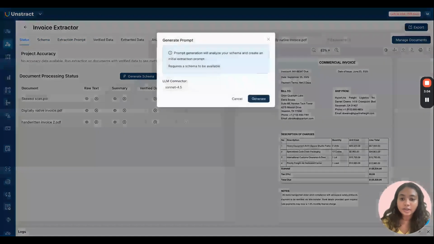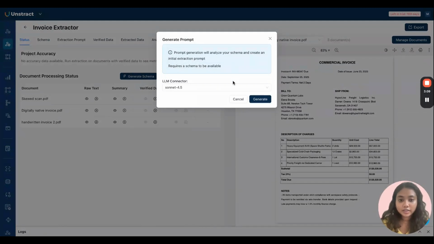When I click on create prompt, it uses the schema that we had looked at earlier, and it automatically generates a detailed prompt accounting for all the different data variations. With prompt engineering, it could take businesses even days sometimes to complete it, because your prompt really needs to be thorough, and it should account for all the edge cases and missing values. And a prompt that works well for one document variant might not work well for another. So prompt engineering really can be time consuming. With the automatically generated prompts, we can see how within minutes you're able to save all that time and effort that you might have to spend in writing the prompts manually.